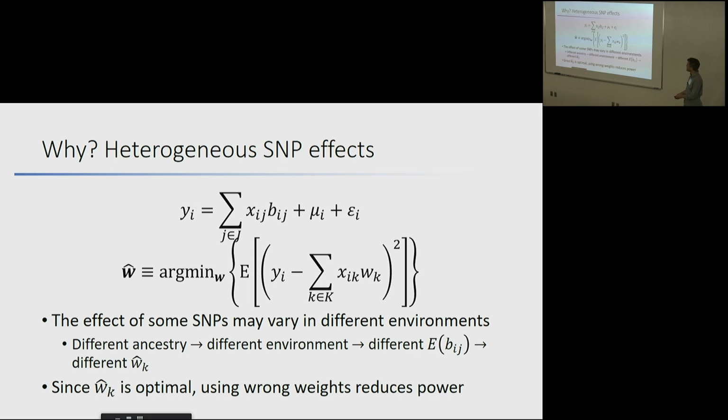Just very briefly, there are two big reasons why. I'm not going to talk in detail about this, but one is, you can see in this model, that the Bs may be different between these two groups. And if the Bs are different, then the weights that you're using in the European ancestry samples are just the wrong ones, because the average effect of each SNP is different in the two groups. And the other is that the correlation structure is different between these two groups.